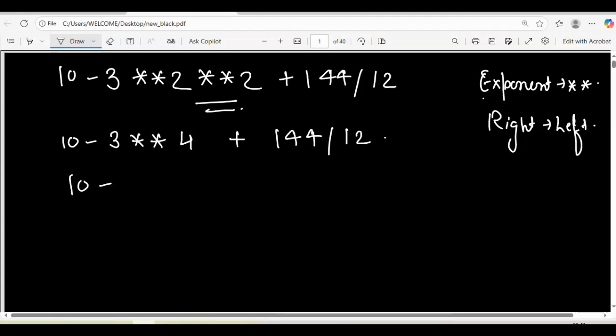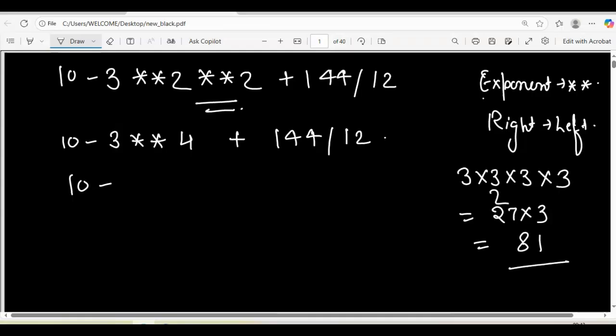Then again, 3 to the power 4 is 3 into 3 into 3 into 3, 4 times 3. 3 into 3 is 9, 9 into 3 is 27, 27 into 3 is 81. Minus 81 plus 144 by 12.